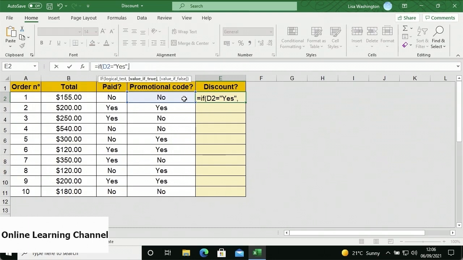After I've done this, I'm going to need to insert the value if true, which will be discount in quotation marks again, then insert another comma. So if the value matches the logical text, the text discount will display. The next argument is value if false. So if the values do not match this logical test, I want the text no discount to be displayed, so